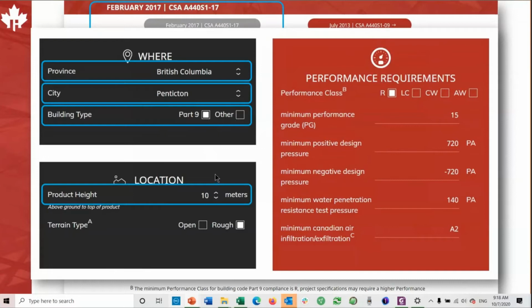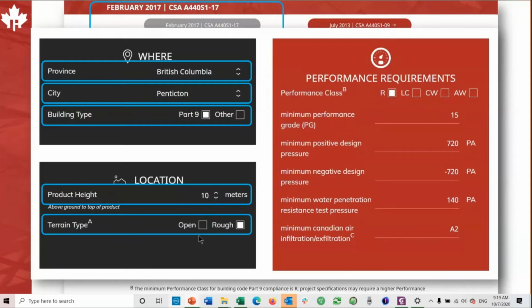This calculator is concerned about the performance level at the height that the product is installed. So if you have a 10-story building, the windows at the upper part of the building are going to be subjected to higher wind and driving rain wind pressures than the ones at the lower part of the building. So this is where we choose the product height. Often we just use the height of the building for this purpose. And in Canada, we measure wind loads at 10 meters, so all values start at 10, and then they are increased as the building height is higher.